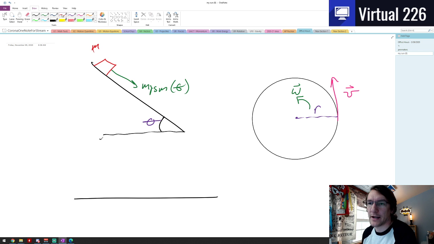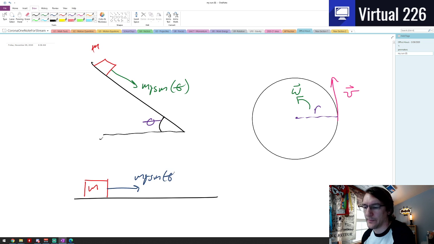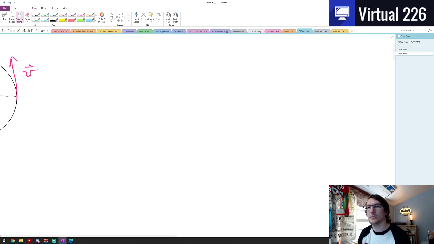Some people think about a problem like this and actually redraw it on flat ground, and they say, hey, look, here's your box of mass, and there's a force, mg sine theta, pulling this way. It's common for some types of problems to flatten the plane out. Now, what you can have in a problem like this is called a banked turn problem, where